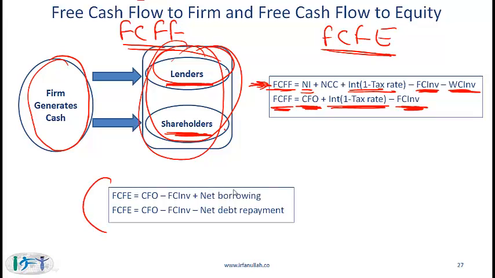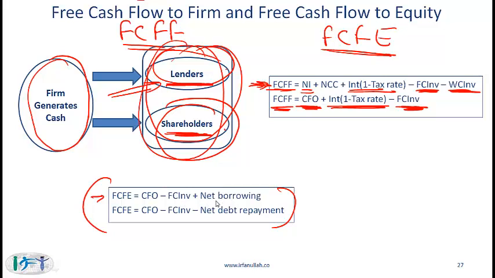Free cash flow to equity is given by these expressions. This is the money that is available to shareholders. So a firm generates cash. First, the lenders get their money back, the interest as well as the debt repayments. And then what is left is called the free cash flow to equity, or free cash flow available to equity holders. That is expressed as follows: CFO, which is cash flow from operations, minus the fixed capital investment, and then